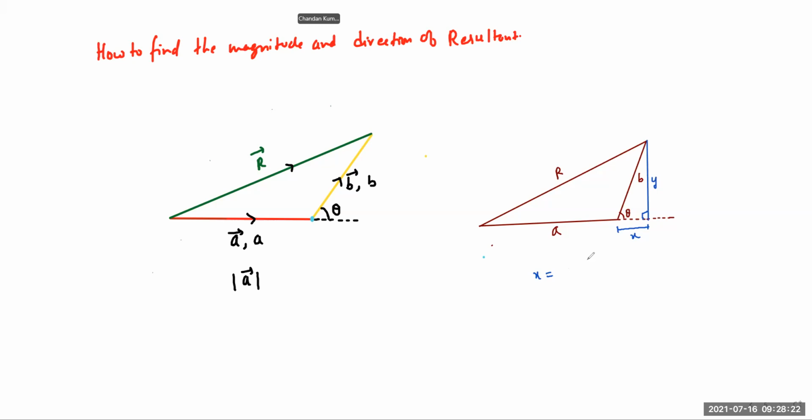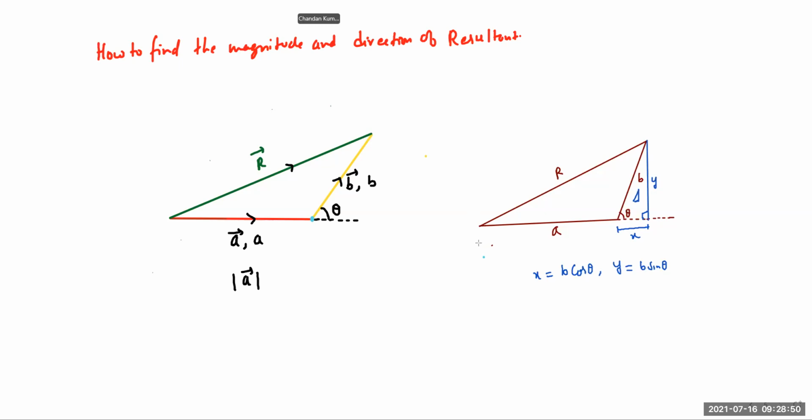What is the value of x if you look at this triangle? So you can tell me what is x: b cos theta. Yes, that's correct. And similarly, what is y? So b sin theta. That's absolutely correct. So now we are good to go, because what we were looking for is the